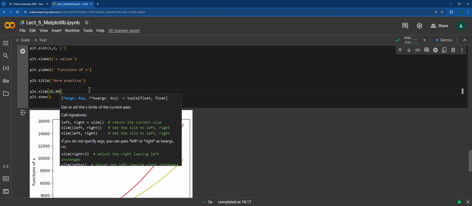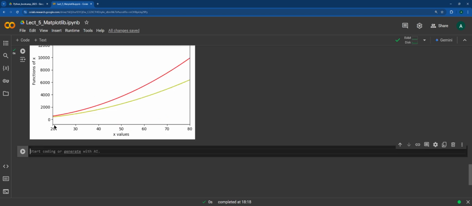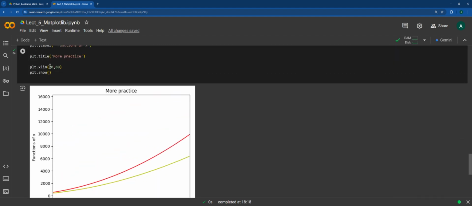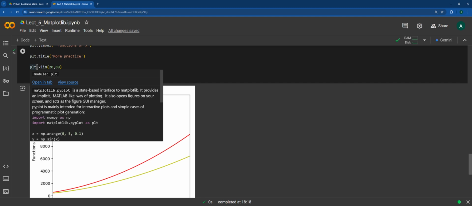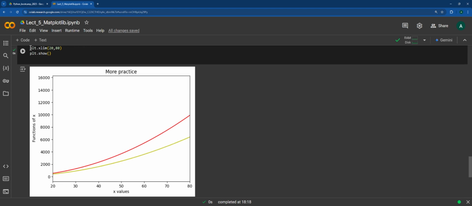Let's say we are not interested in 0 either. And look what happened. You suddenly cut it and put it between 20 and 80. So all I did was set up an x-lim. I'm sure you understand that you can do the same with the y-lim, but let's just stick to this. So if I deactivate this,